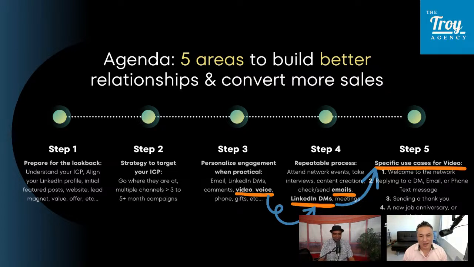The second step is going and targeting your ICP, your ideal client prospect. So where is your client? A lot of people aren't on LinkedIn. I'm a LinkedIn guy, but I want to go wherever you're at. And email is a huge thing too. Email is actually the most dominant form, but some people start on LinkedIn and they may move to email.